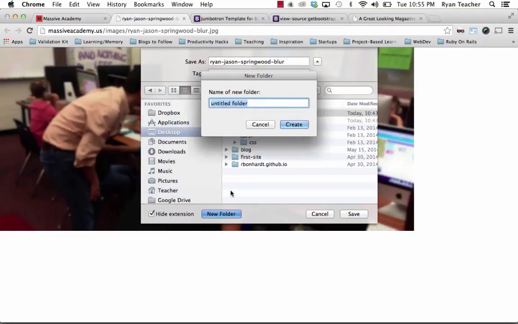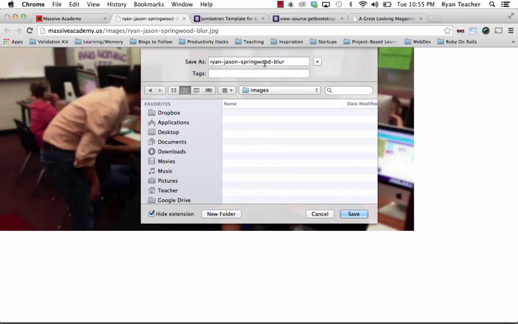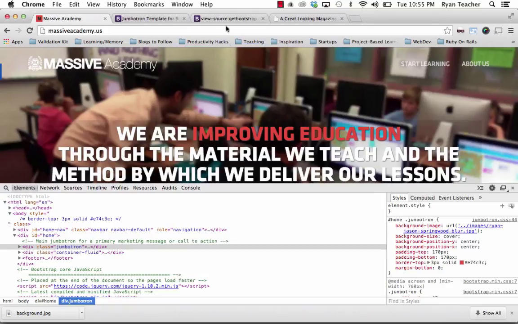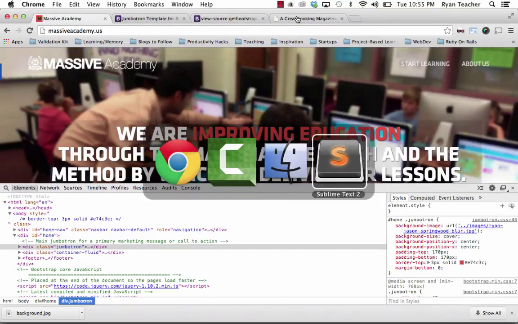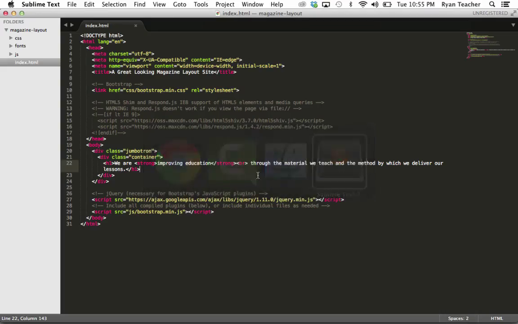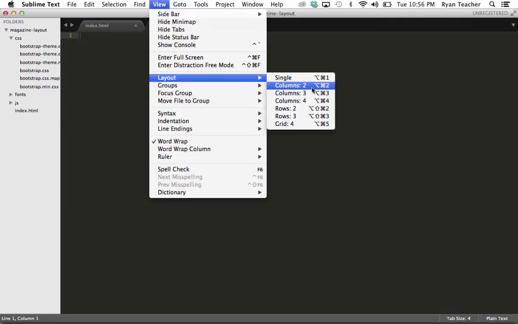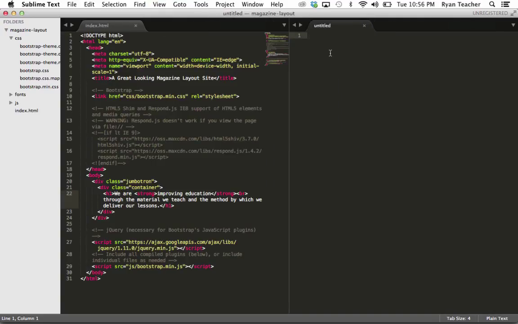And you know the deal, we'll create an images folder. And let's go ahead and just say background. Save it. And we'll create a custom CSS file. Let's go ahead and make it two column layouts so we can be working in this fast. And we'll say